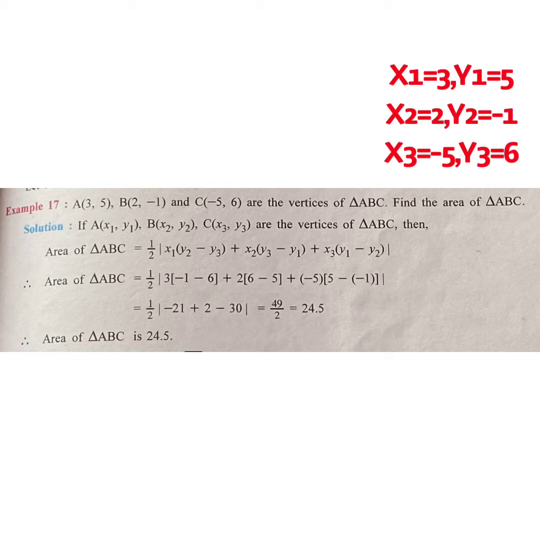But here students, you can see that they have directly taken the positive sign. Why? Because the area of a triangle can't be negative. So the area of the given triangle is 24.5. Now students, you are seeing one sign over here. This sign is called the modulus sign, and the modulus of any number is always positive. So in this book from where I have taken, they have directly taken the modulus sign in the formula of the area of a triangle, so that if it comes negative, its modulus will always be positive.